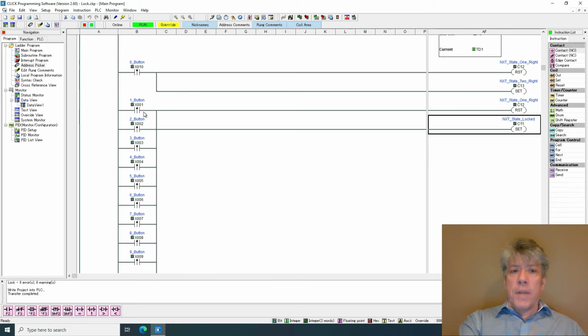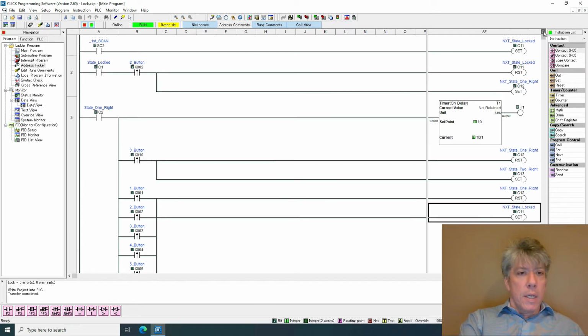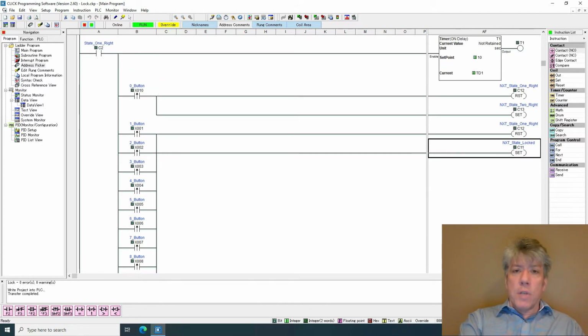So notice there's a bunch of things the user can do. They can press button number 1, button number 2, all the way through to button number 9. If they don't press button 0, we are going to transition back to the locked state. They've hit the wrong button, right? They had 1 right. They had 2, button 2 was pressed, so they had 1 button correct, but they didn't manage to hit button 0, so we need to go back and just say, no, start over,